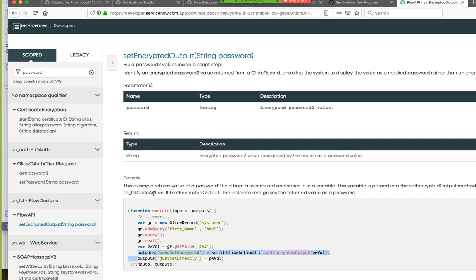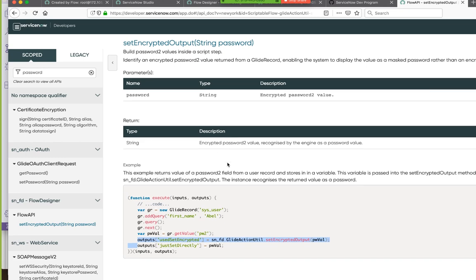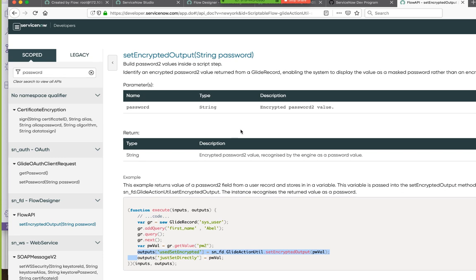This doesn't even do what I want. I'm sorry. If you read the not awesome description there, it says identify an encrypted password value returned from a Glide record, and then displays that as opposed to an encrypted string. This is not encrypting it.